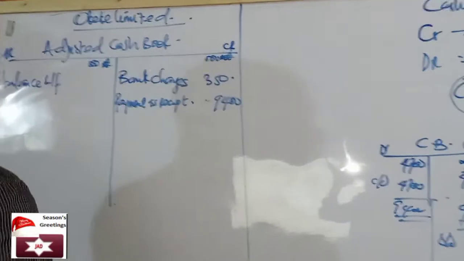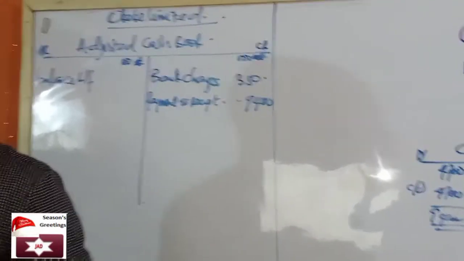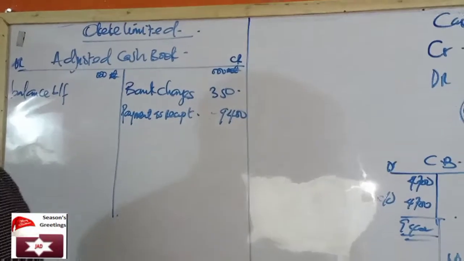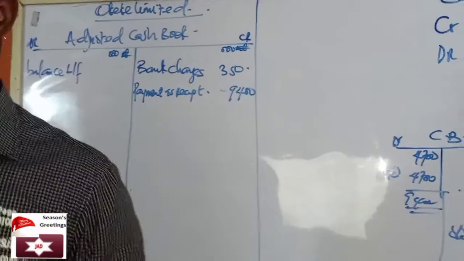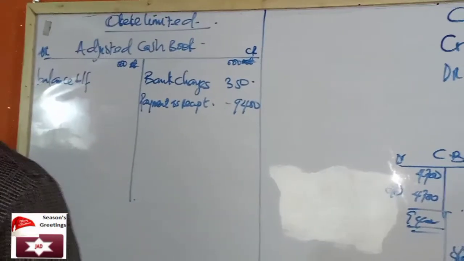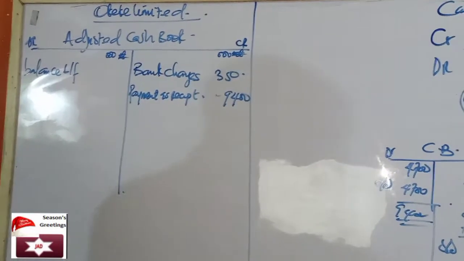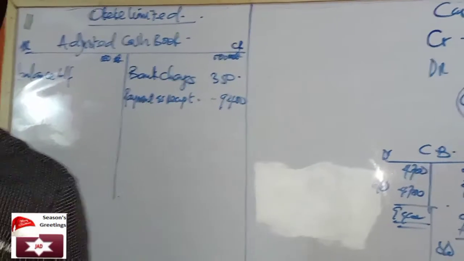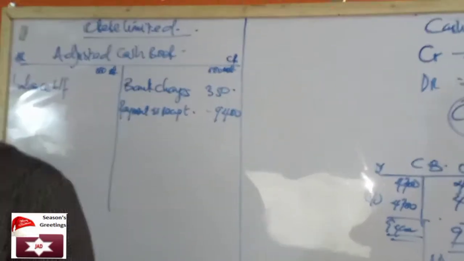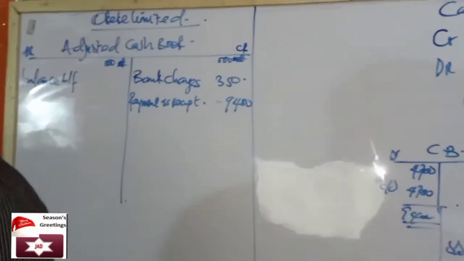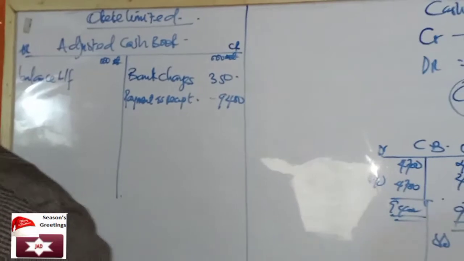But instead of raising journals in and out of the cash book, let's just make it a reconciliation item in the bank reconciliation statement. So we correct that in the bank reconciliation statement. Remember, we can even prepare the bank reconciliation statement without adjusting the cash book anyway. But then let's follow the instruction. I already have a detailed class on bank reconciliation statement on jadosconsulting.com. You can go there and take the class. So the next one we have